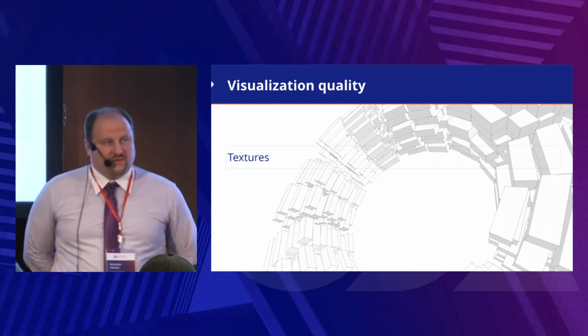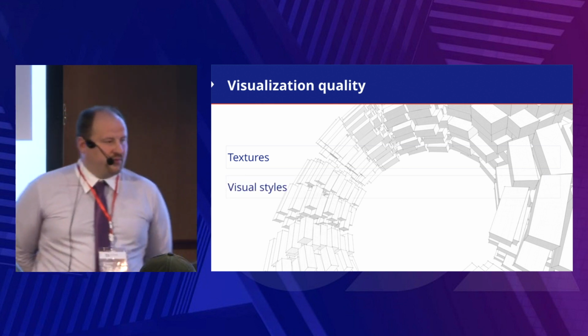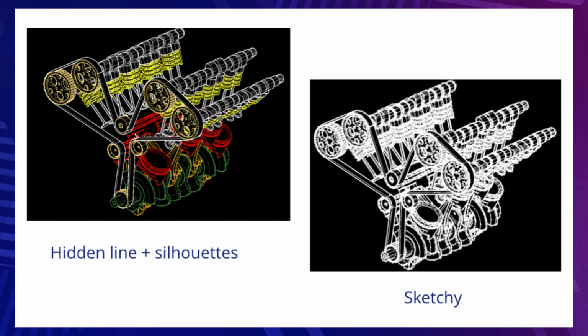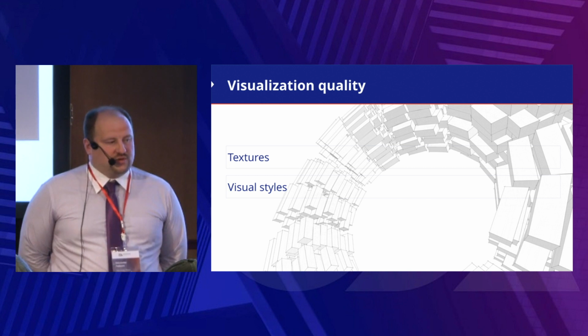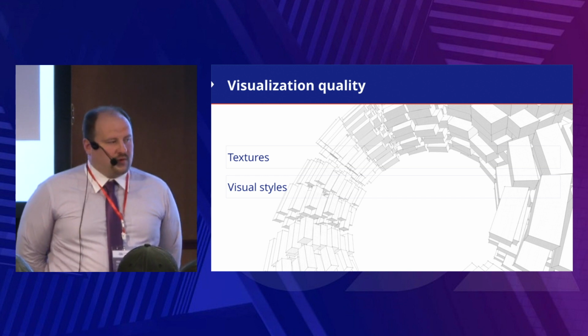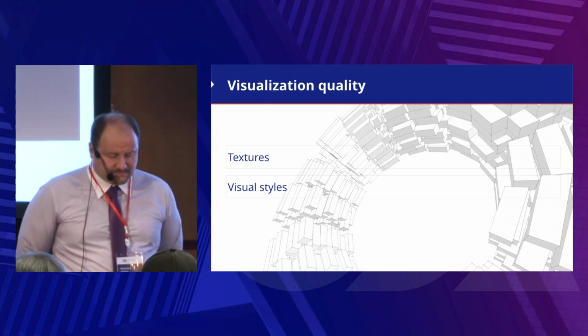Another feature provided by Visualize SDK for visualization quality is visual style objects. Such an object contains a set of properties which influence different parts of the rendering process, like, for example, adding silhouettes to the classic hidden line mode, or implementation of the sketch visual style, where each edge is drawn with a few pixels. This is an overhang effect. Or when each edge is drawn multiple times with a small noise. This is a jitter effect.